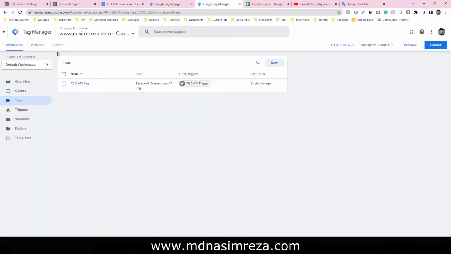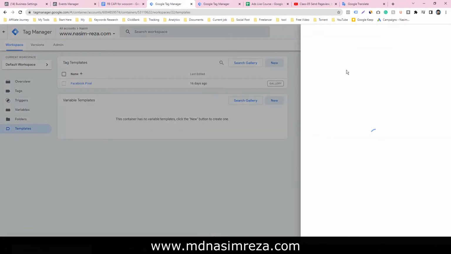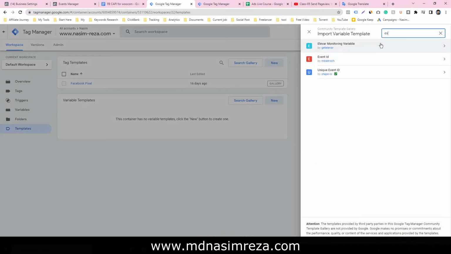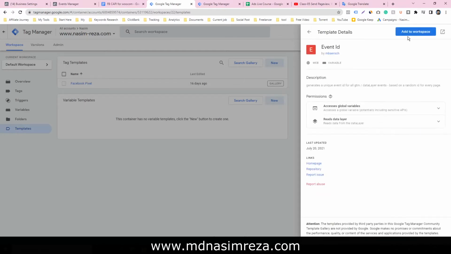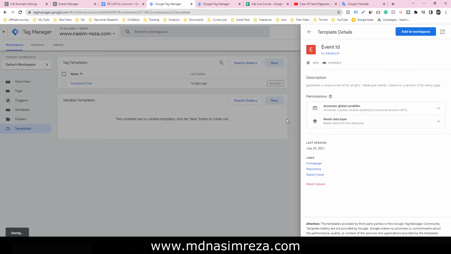First of all, go to the Tag Manager container and search for a variable. Just click on search variable and type event id, install it, click on add to workspace and add it.